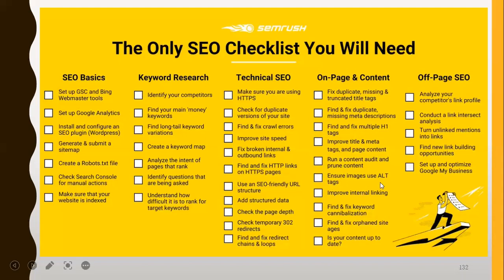There is an important one here, ensure images use alternate tag. So the alternate tag in HTML is like an attribute, which tells us what words to use for a particular image or a particular text. That's also one way to build for PWDs, persons with disabilities. If a person with a disability, for instance, visual impairment, is reading your website, if he stumbles upon an image, he won't be able to read that image. But the alternate tag of that particular image is going to tell the person